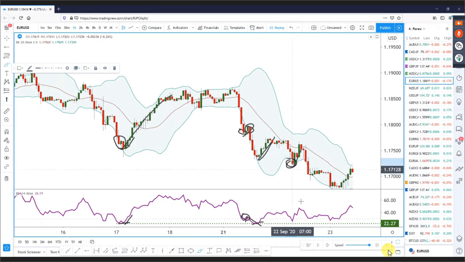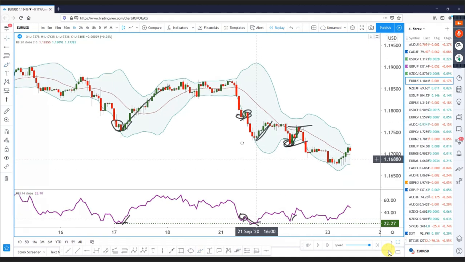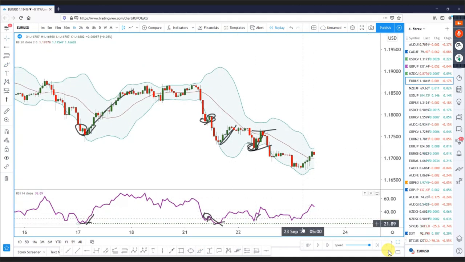And then here, a little breakout. Wouldn't have been much profit to be made, but maybe you can just practice your eye for it. So right now we see,